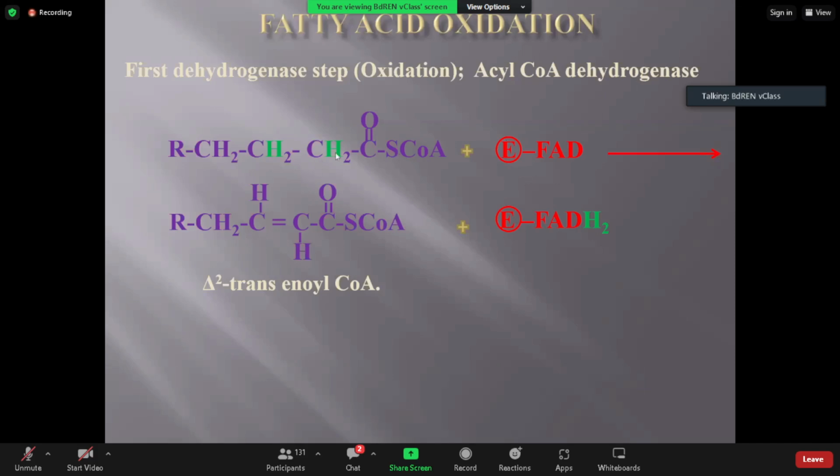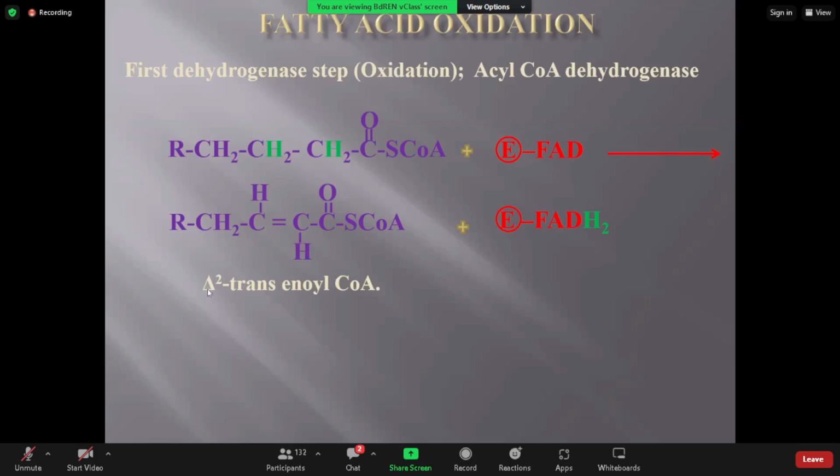These two hydrogens are released from different carbons of the chain, and FAD is the electron acceptor, because the electrostatic potential of FAD is not as high as that of NADH. So it can accept electrons from different carbons, not a single carbon. As the two hydrogens are released from two different carbons, they can be easily accepted by FAD. So FAD accepts these two hydrogens and is converted into FADH2, and the chain, the fatty acyl coenzyme A,